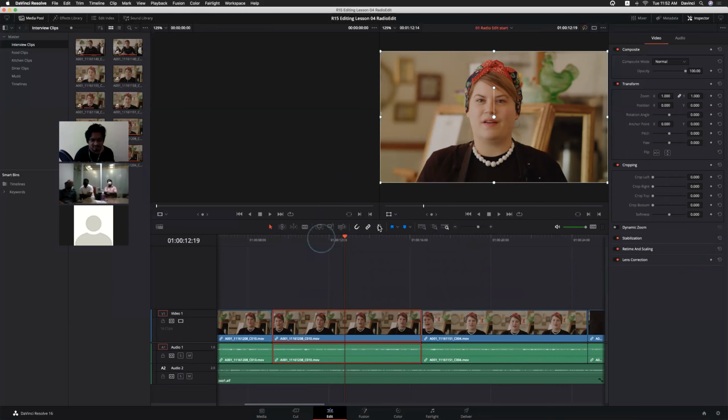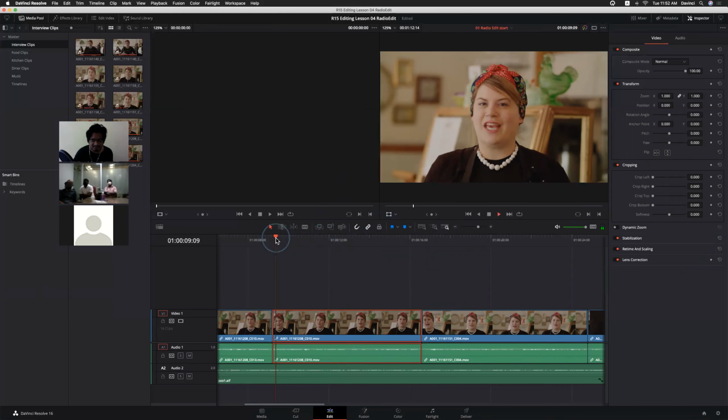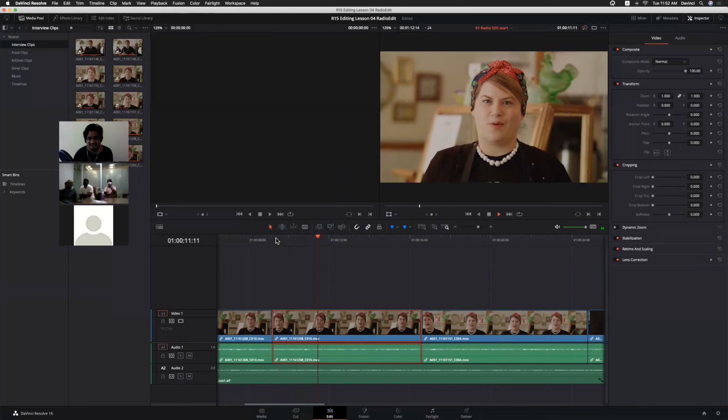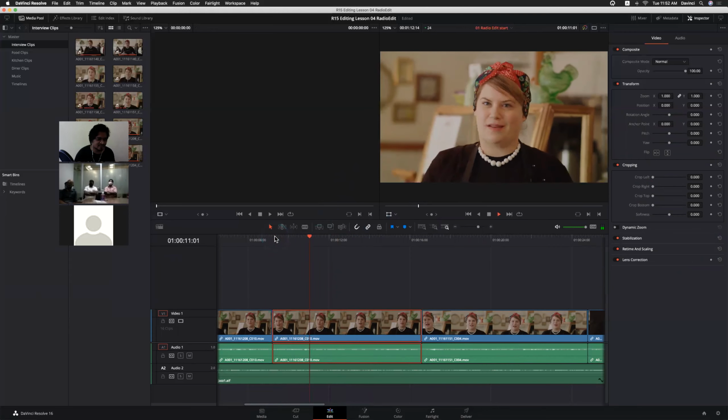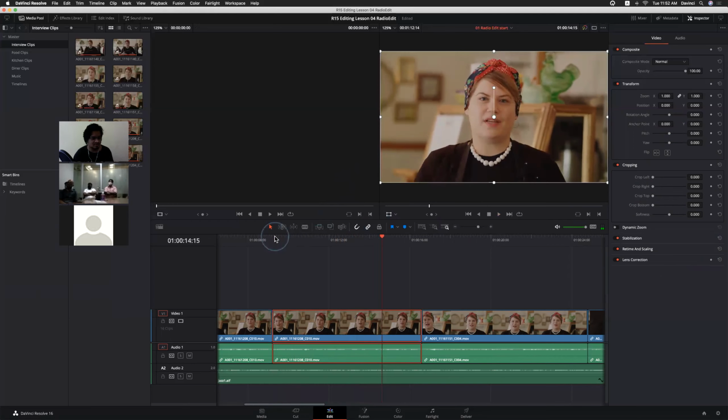Okay, what is dynamic zoom? Let me show you. This is almost a static shot, right? There is no camera movement in the shot while playing. But what if you want to create a slight zoom in effect? What will we do? Even in FCP7 or Premiere Pro, if we want to create a slight zoom in effect,